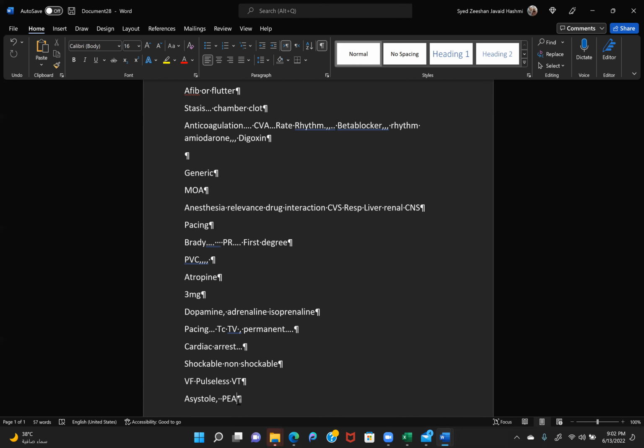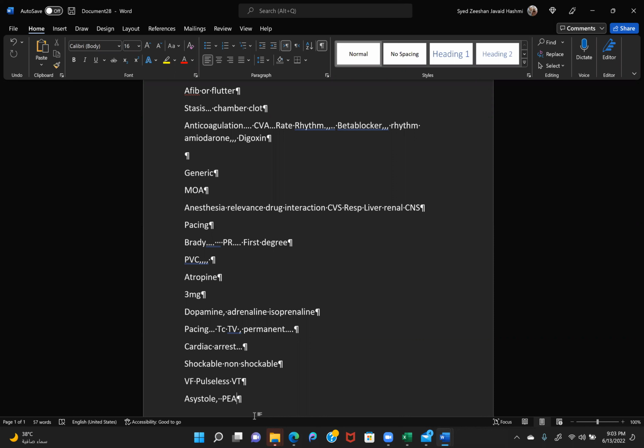In pulseless VT, or sorry, this one, asystole or PEA, you are only doing the 5 H's and 5 T's. You are giving fluid. You are correcting any acid-base abnormality. You may consider giving calcium chloride. You may consider giving bicarb. And then the important thing is that